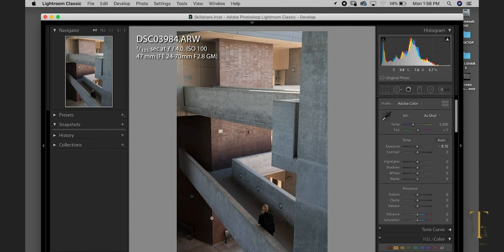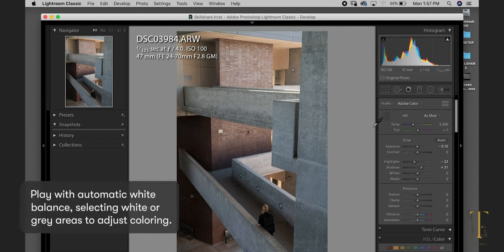And I can see that the dark areas are quite dark, so maybe I'll bring back a little bit of the details in the dark area. Just a tiny bit. And then I'm bringing down the highlights so that I can retain a little bit more detail in the bright areas of the photograph. And I usually use this white balance tool, this automatic white balance tool, and you see how the initial adjustment comes up as I select,